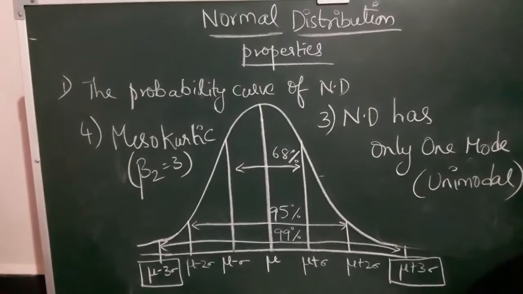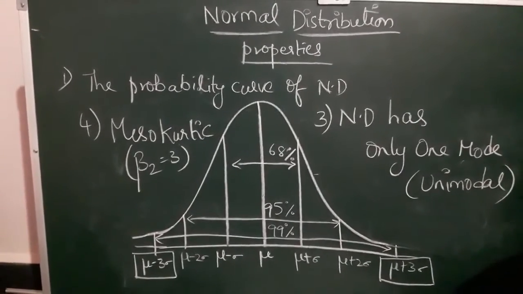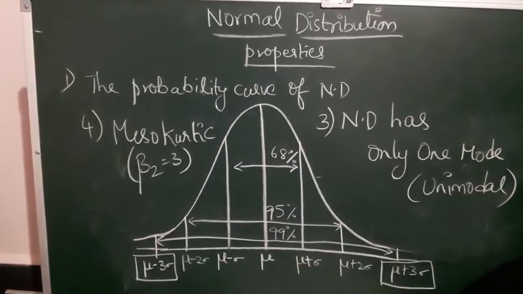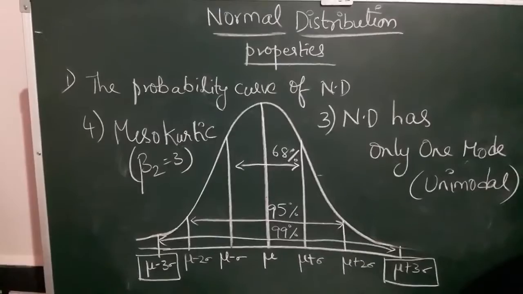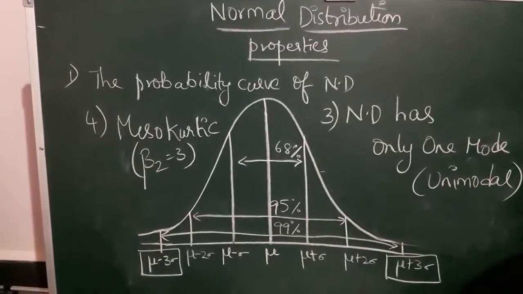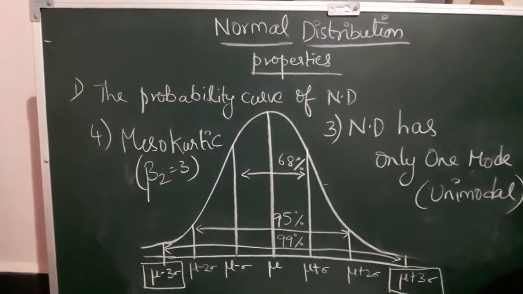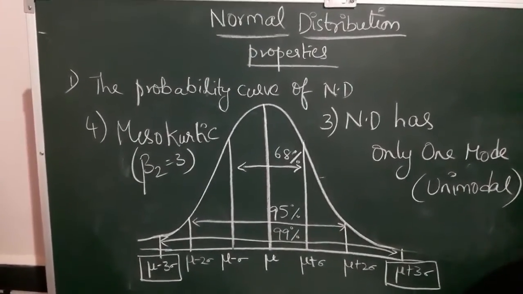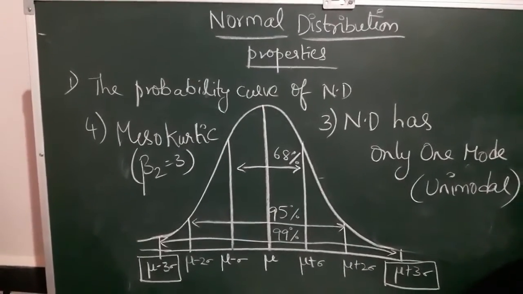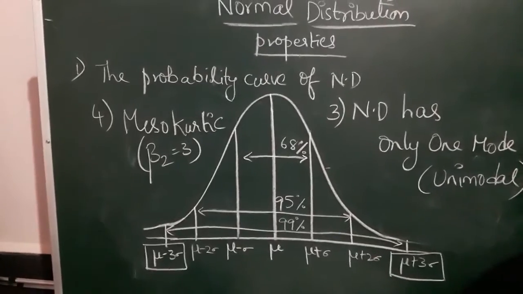And it is completely symmetrical. Skewness concept also you might be remembering, right? Symmetrical, why beta 1 value is 0? Symmetrical in the sense exactly mean, median, mode coincide at 0. Remember. So exactly the shape of the curve, the central value lies at 0. The normal curve. And we have 2 different types of skewness, positively skewed, negatively skewed. Now it is a symmetrical curve.